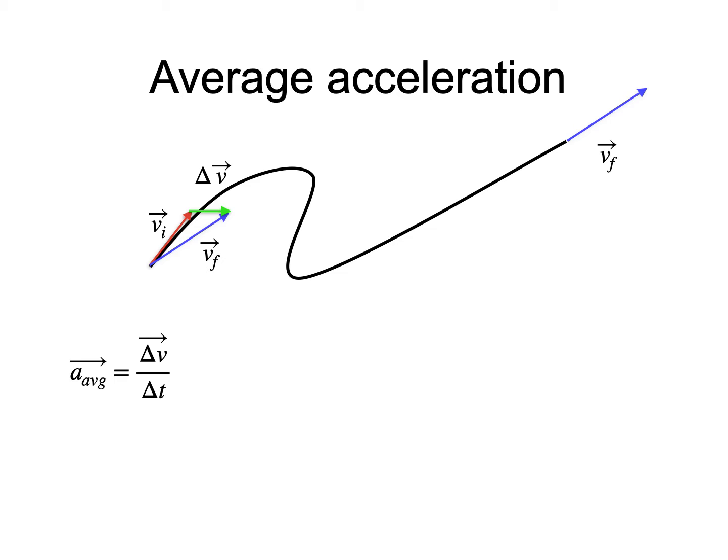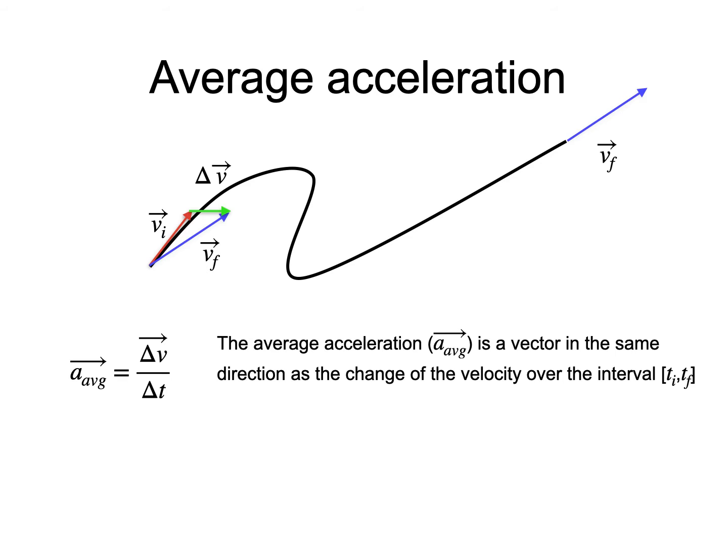The average acceleration will not be zero if the initial velocity is not exactly the same as the final velocity. It will be in the same direction as the change of velocity, since all you do to the delta v is to divide it by a positive scalar. The measurement units of the numerator are things like meters per second or kilometers per hour, while the measurement unit of the denominator is a measurement unit of time like seconds or hours. So if you divide the units, you get, for example, meters per second